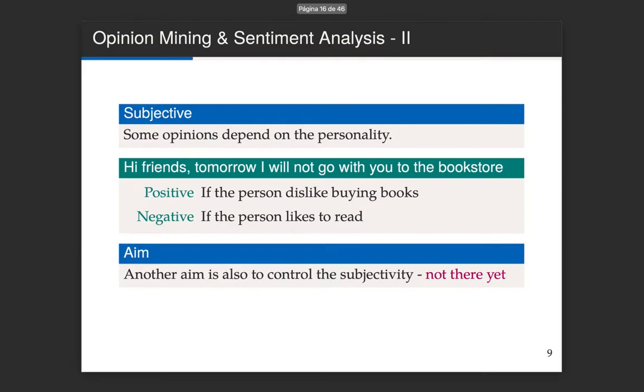The first thing is that, as you can imagine, the opinion of a particular person is most of the time subjective, so it depends on the personality. For example, if you're a happy person, then with all the products you will be more inclined to love them.